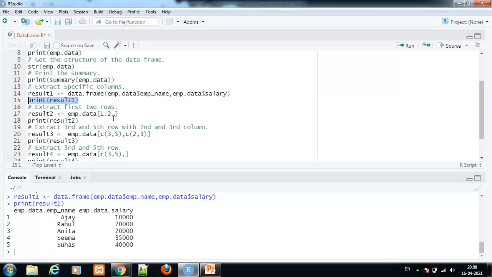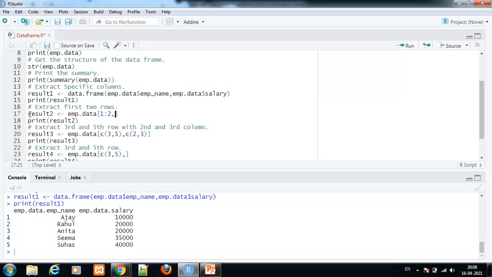Here we can see that comma means the parameter before the comma is used to extract the rows, and the parameter after the comma is used to extract the columns.